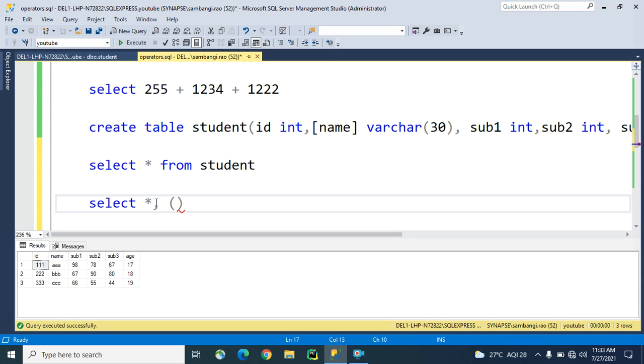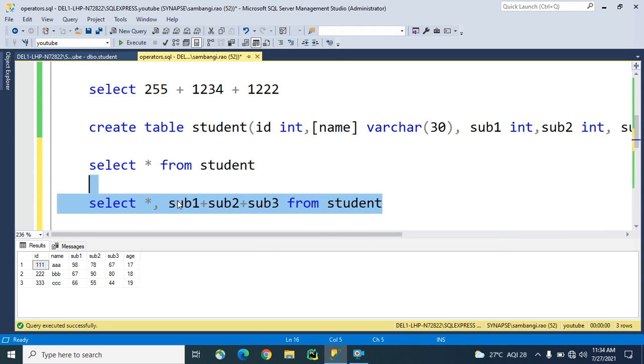Star means all columns, and you want to add one more column like total marks. Total marks means subject 1 plus subject 2 plus subject 3. I will show the result of this query first, and the use of the as keyword next. Okay, select star from student.